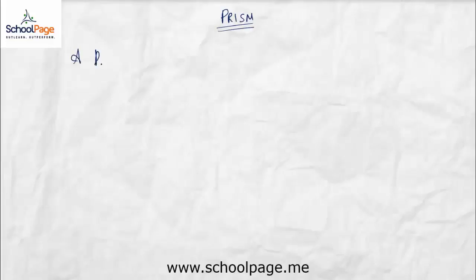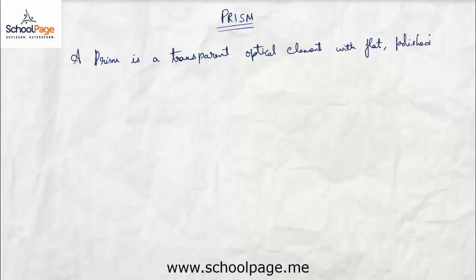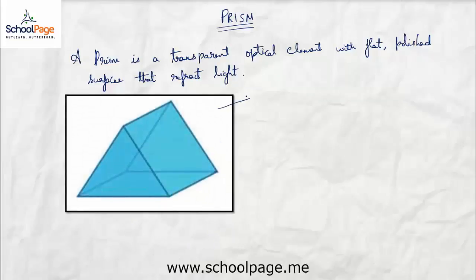A prism is a transparent optical element with flat, polished surfaces that refract light. This is a prism. A prism is made of glass having